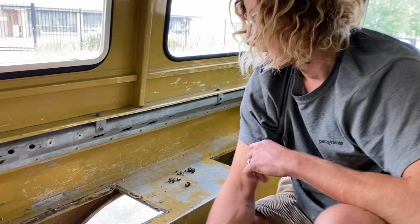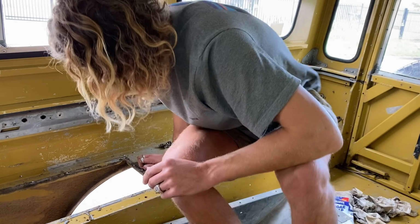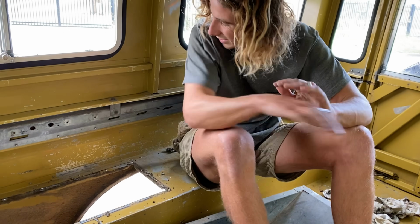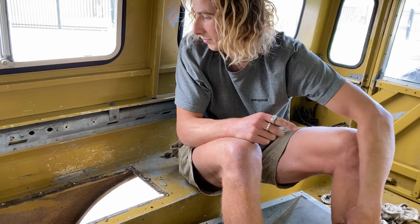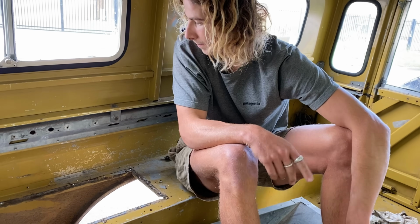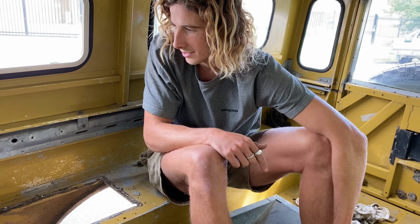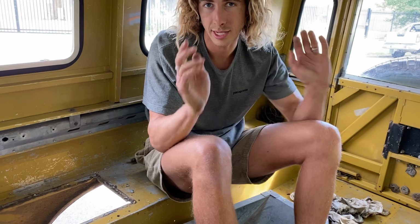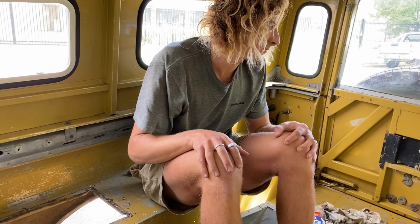So one of the hardest things about this build has been the water tank situation. I've got limited space. I really wanted to keep that, but it was only about 20 mil off that I couldn't fit something in there. So we're going to have to go with a Defender based one from Front Runner that sort of goes in the wheel arch. That'll be 36 litres. I cannot tell you how many water tanks I've had to look at to try and get it to work. In a perfect world,